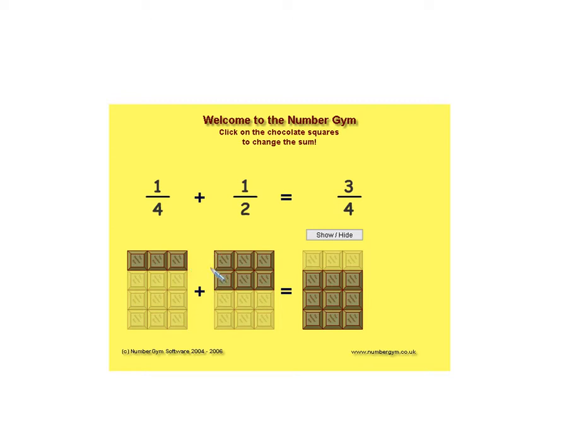So let me break it down. I'm going to have to cut these into more pieces. The two need to be cut into the same amount of pieces. This one is cut into 2 pieces. This one's cut into 4 pieces. See the 4 here? It's cut into 4 pieces. This is cut into 2 pieces. And I have to ask myself, is there a way to cut them into the same number of pieces? Well, yeah, that would be called my